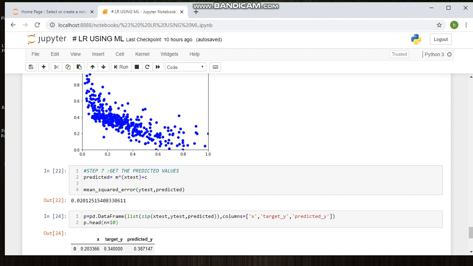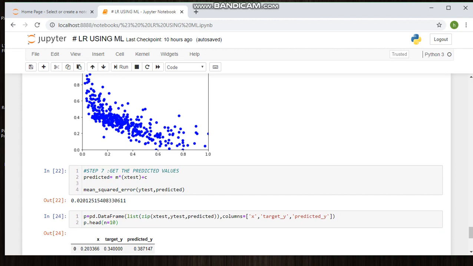Predicted is y equal to mx plus c, with x equal to the x test data, to find the mean square error value. From y test and y predicted, I get the mean square error value, which is 0.0201.